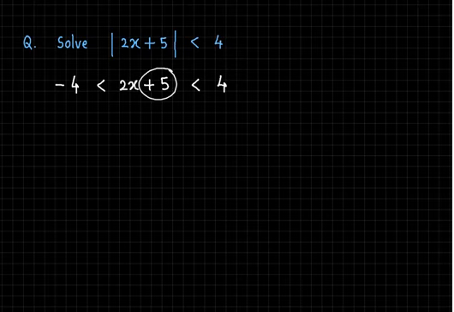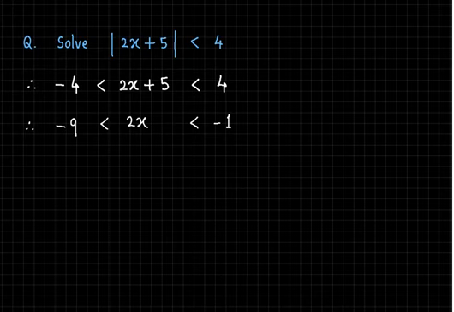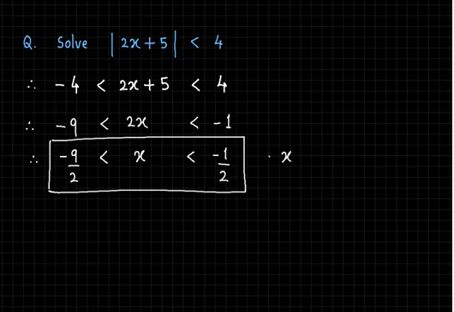Now to reach x, we must slowly remove all the other unwanted things which are around x. So first of all, let us get rid of 5 by subtracting 5 throughout. So therefore we will get minus 9 less than 2x less than minus 1. Again we want to get rid of the 2, so therefore since 2 is a positive number, by dividing all sides by 2, the inequalities will not change, they will be retained. So therefore x has to lie between minus 9 by 2 and minus 1 by 2. So that's the answer. We can just write this in different way, that it has to lie between the open interval minus 9 by 2 to minus 1 by 2.